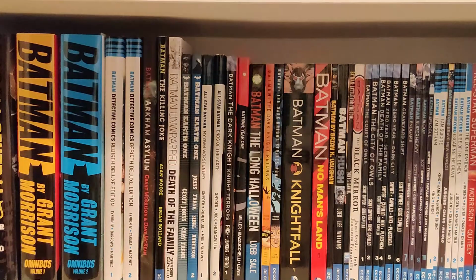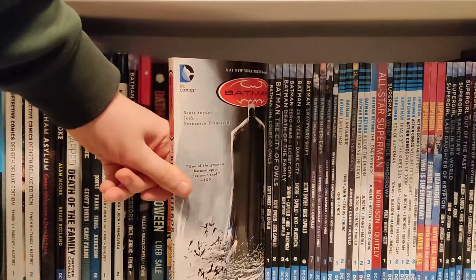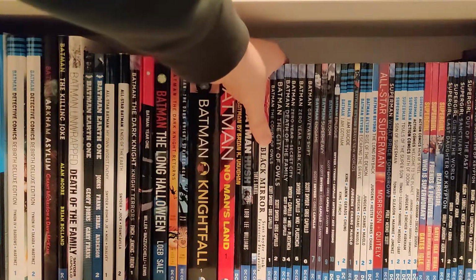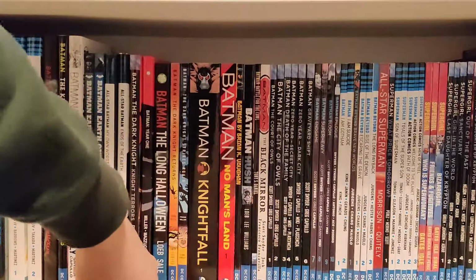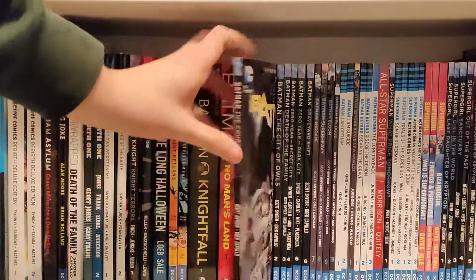And continuing on with that theme as we move closer is Batman the Black Mirror, because I really enjoyed Dick Grayson being Batman. He was a cool Batman, I'll give him that. But obviously you can't top the original, which was my first Batman book that I ever got, this series here, which I think is in a lot of people's collections, which is Batman the Court of Owls,